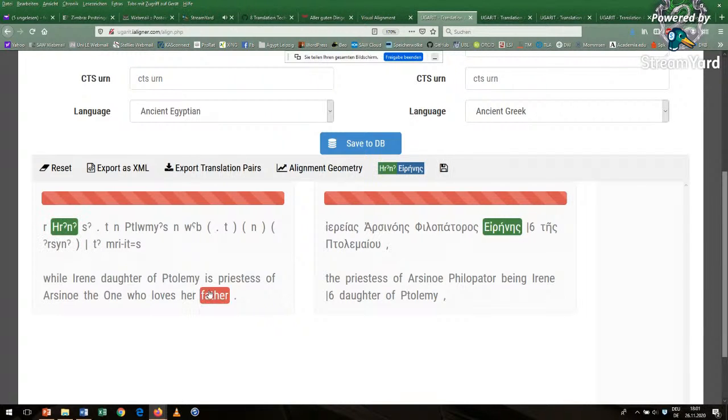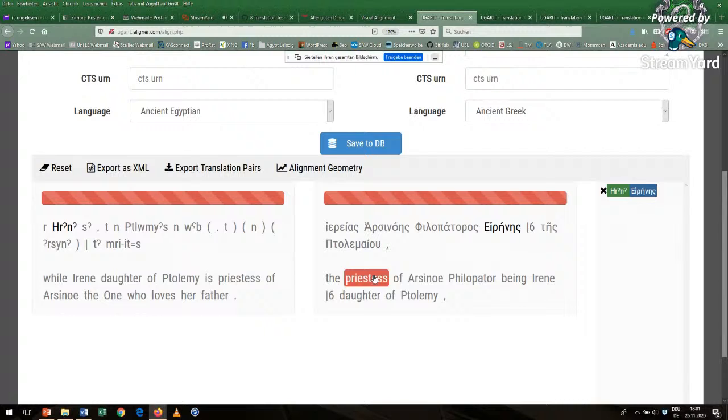And you can click on those, they're both green. And if you click here on the little disk symbol for saving, we have our first alignment. This is it. This is how you do it. Once again, you can see already there is this Irene is a priestess. The word for priestess, of course, if you know Greek, you found out that in this certain case, this is the hiereas word. This corresponds to the Demotic